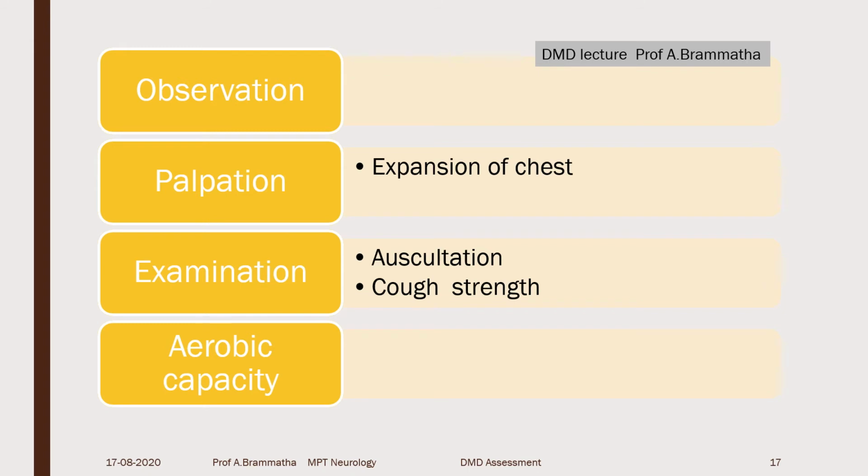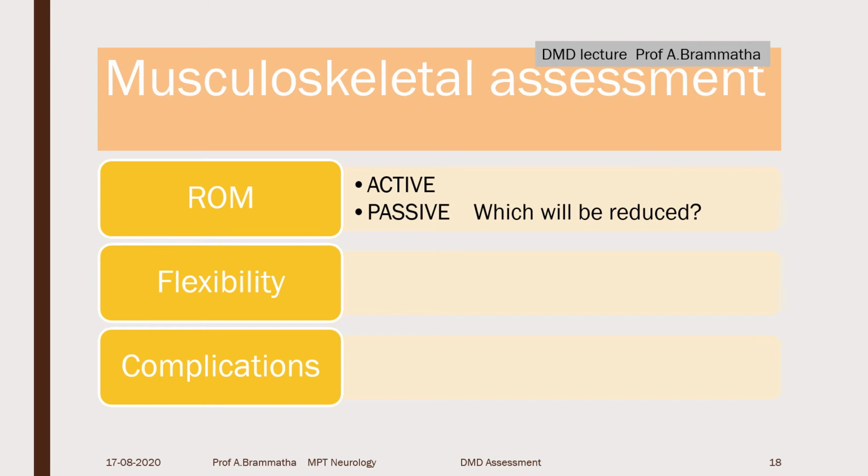And we do go with aerobic capacity assessment. As long as the child is able to walk, you can do a walking test, like the 2-minute walk test to the 6-minute walk test. And when the child is in the wheelchair phase, maybe in sitting, you can go with arm ergometry. And then in the bedridden stage, maybe a simple test like bedside blowing the candle, blowing the matchstick, a simple test could be done. Now into the musculoskeletal assessment.